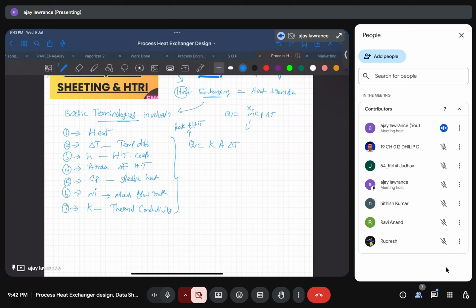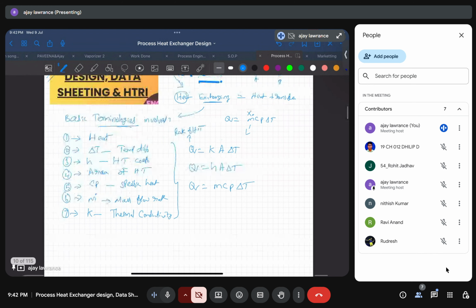Don't think, oh my god, what is this? We'll get a clear picture. Just follow me. Also Q is equal to HA delta T. Also Q is equal to MCP delta T. So these are the three equations by which you can